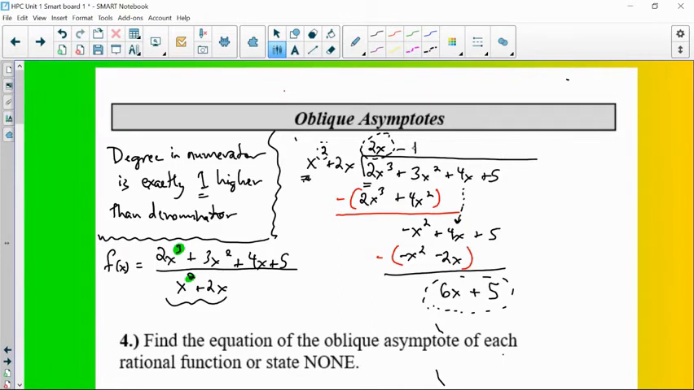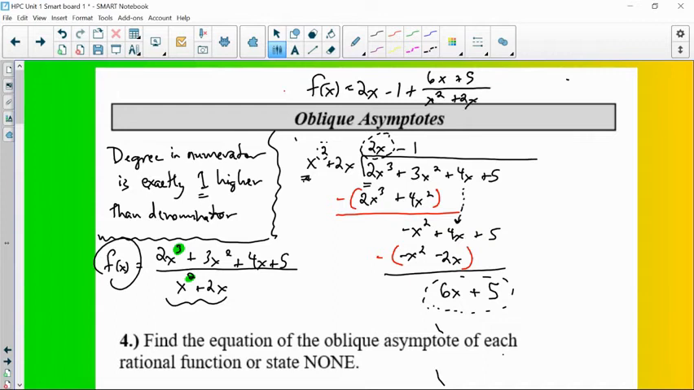It's 2x and then the constant, there's nothing left. So the original function is equivalent to 2x minus 1 plus a remainder of 6x plus 5 when divided by x squared plus 2x. So I could say that function is equal to, which I called f of x. So an equivalency is f of x equals 2x minus 1 from the top plus the remainder of 6x plus 5 when divided by x squared